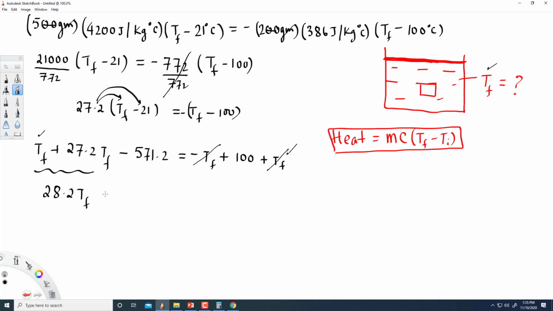Now I want to write the left side in terms of TF, so I want to get rid of this on the left side. That means let's add that quantity on both sides. So 571.2 on both sides. So when I do that, I cancel this one and this one. Now I only have TF on the left side. On the right side I have 571.2 plus 100 is 671.2. Okay. So I want to get TF, so divide both sides by 28.2 because I want to get rid of that. That means TF